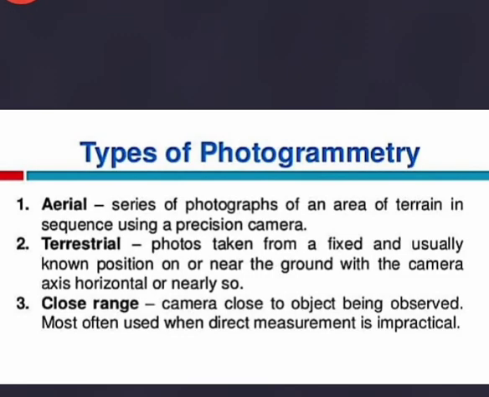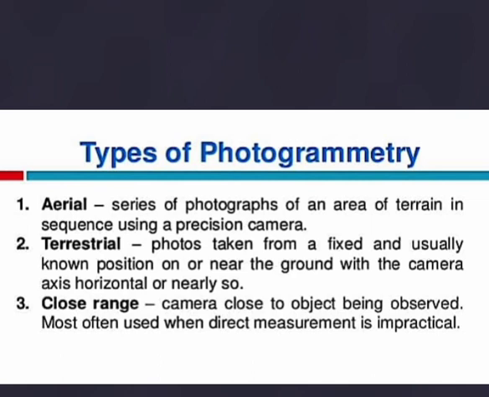Now we are going to see the types of photogrammetry. You'll be having three types: aerial photogrammetry, terrestrial photogrammetry, and close range photogrammetry, that is CRP. Aerial photogrammetry is taking photographs from a flying object or from some elevated position. Whereas in terrestrial photogrammetry, we use phototheodolites. A phototheodolite is a combination of theodolite and terrestrial camera, mounted on a tripod, or even handheld cameras.